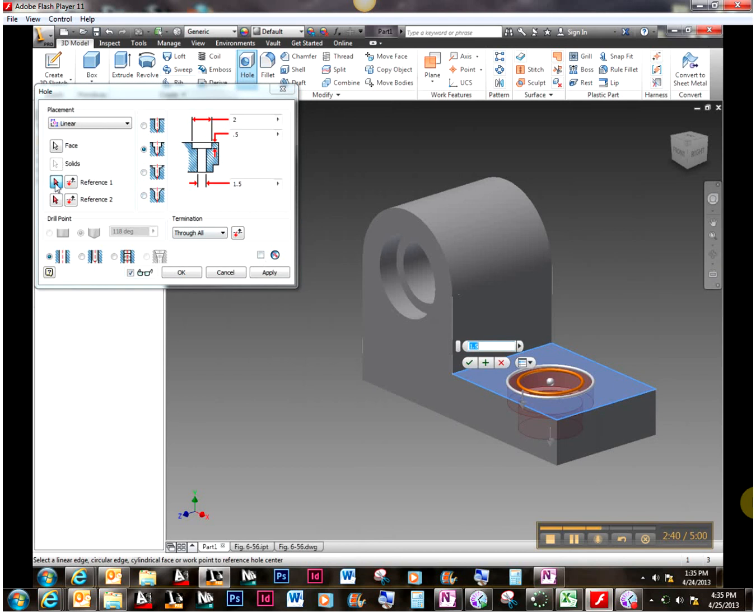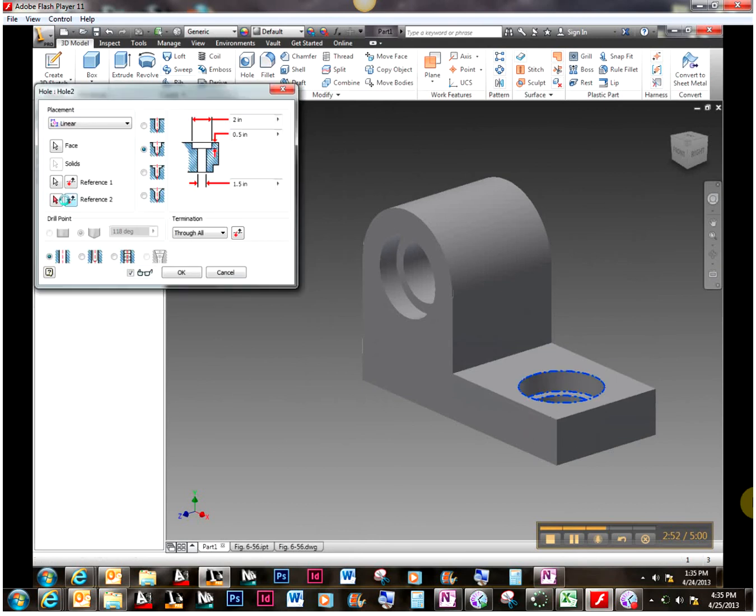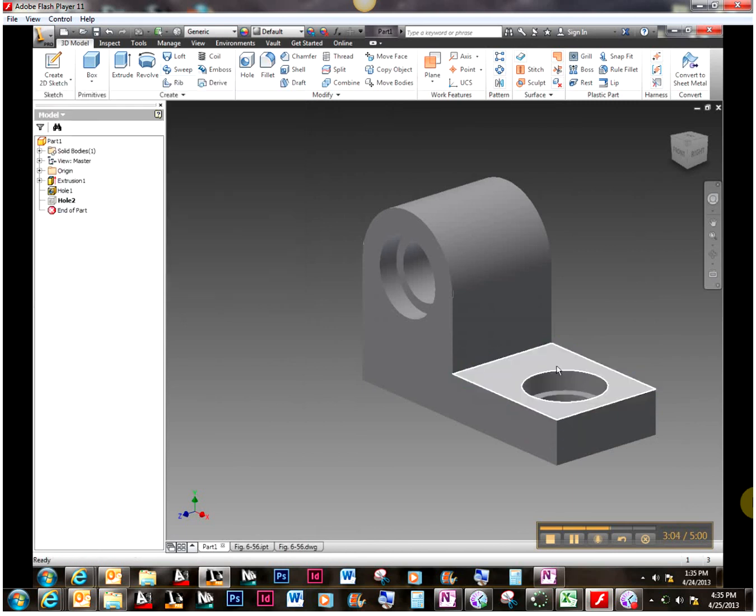Now we're using references, so I want to reference from the center to this edge and give it a dimension, which is going to be 1.5. Enter. Oh, I got out of there. I need to get back into that hole. The other reference that I'm going to use is going to be this edge, which is also going to be 1.5. So now I've gone ahead and I centered that